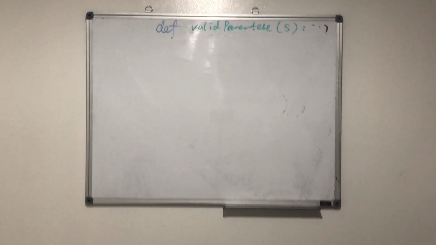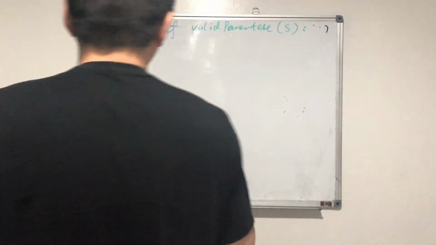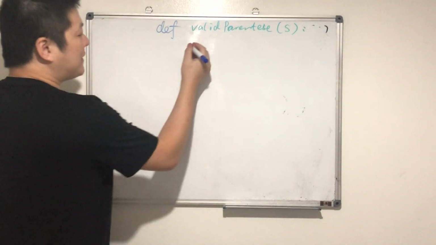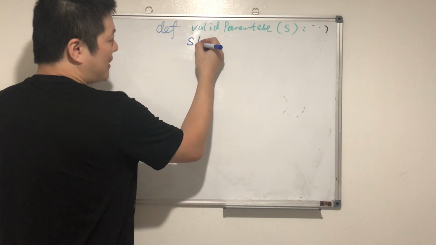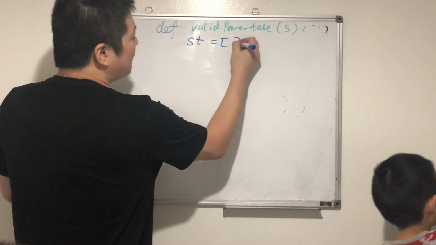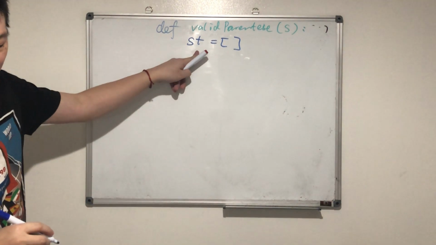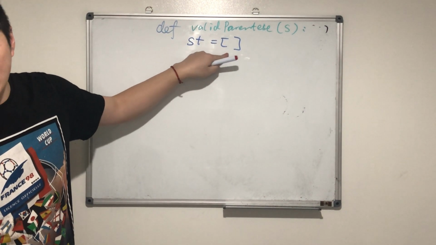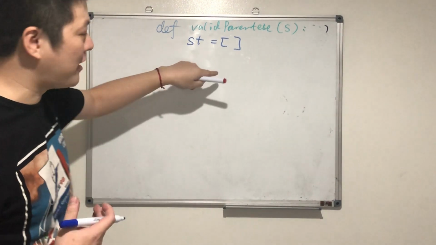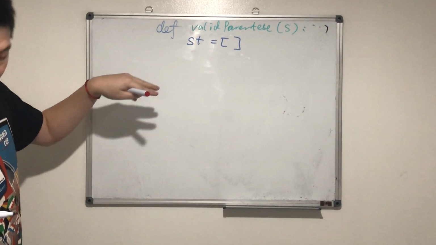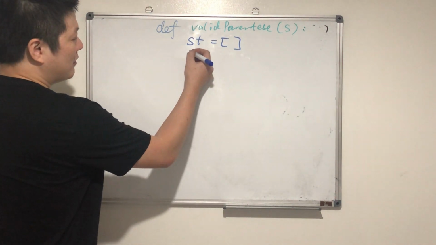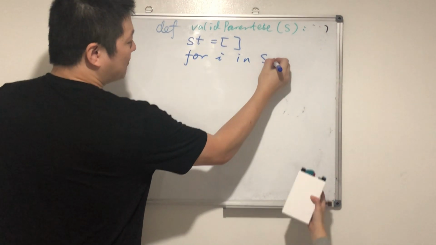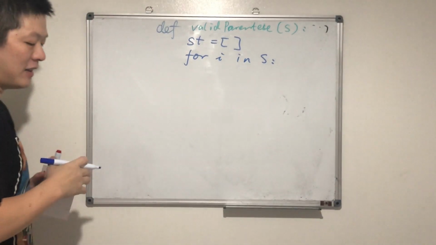This is bad. st equals left bracket... So st equals an empty list. ST stands for stack. And this empty bracket means a list, but we can use it as a stack, right? Remember? Okay. So for i in s: